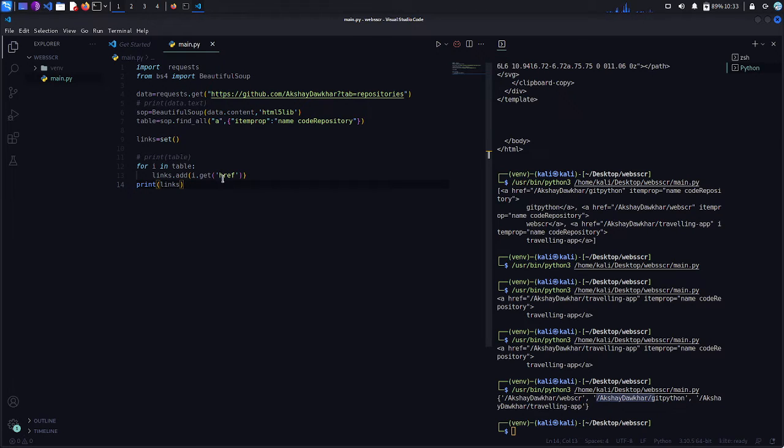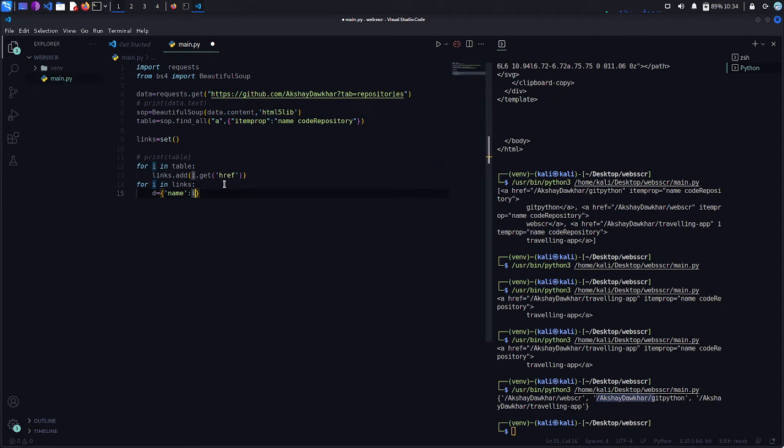So what we have to do is, instead of printing, we are creating a for loop again, for loop in links, and then we are going to create a dictionary named d, and name